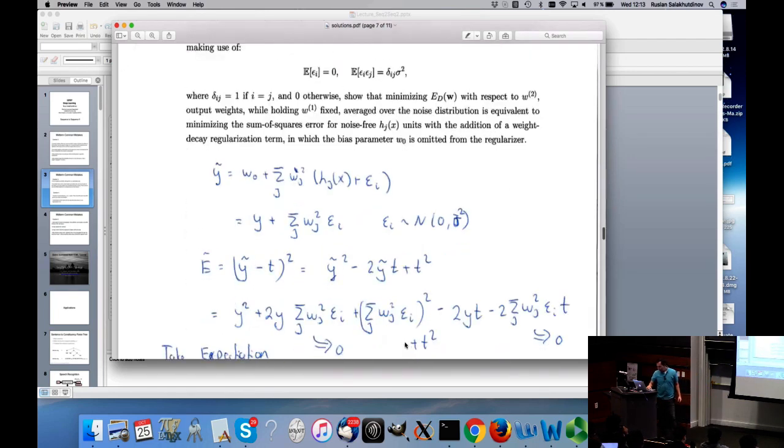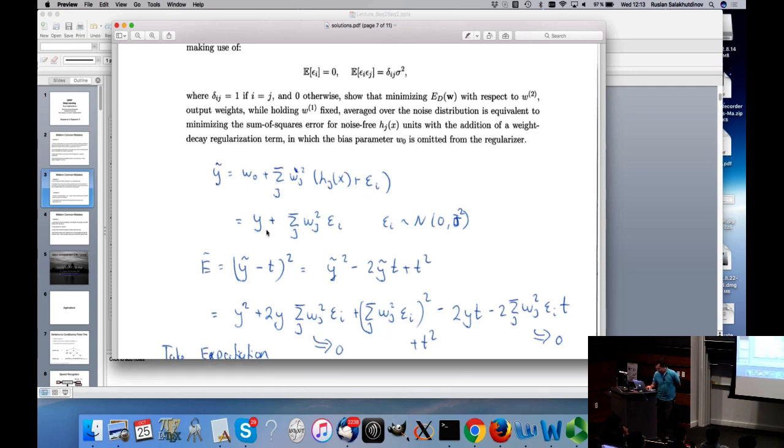So let's look at how you do that. Here's the first thing that you needed to figure out how to write. And unfortunately, a number of people couldn't figure this step out. So let's look at this step. You're basically saying, here's my new prediction, which is going to be given by, I take my H_j's and I add some Gaussian noise to it, right? Because that's exactly what I'm doing.